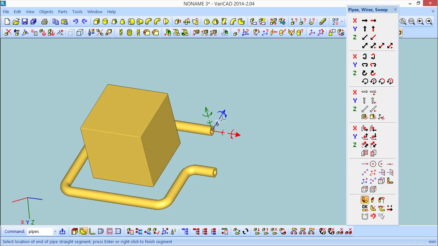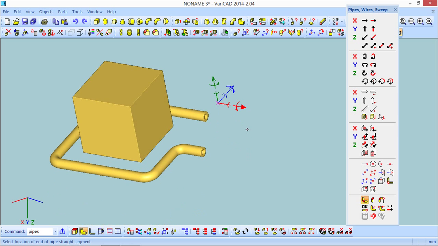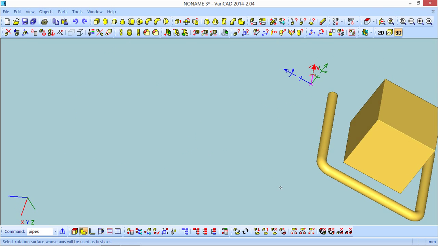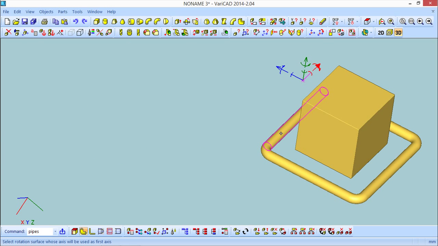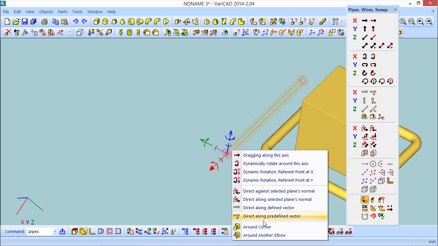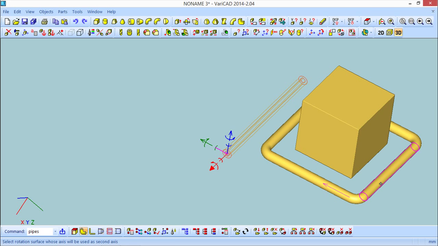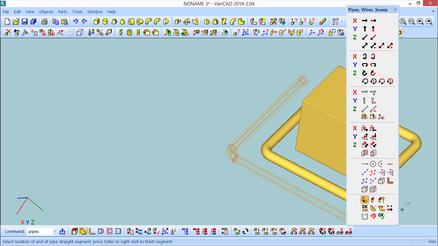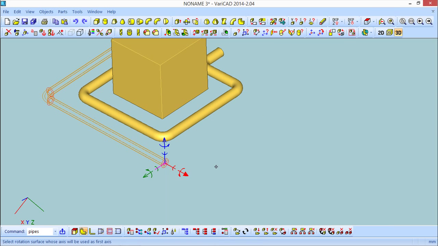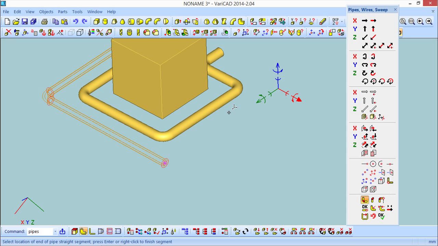For example, I can go out, doesn't matter exactly where, and now I can click again with my right mouse button and say around other elbow, and basically I can give my rotation surface and rotation surface and do the OK, and again rotation surface and do the OK, and the same way this one and this one and do the OK,